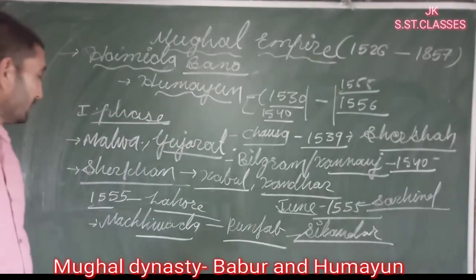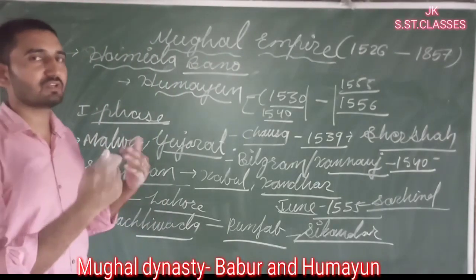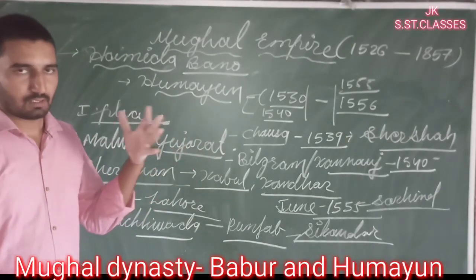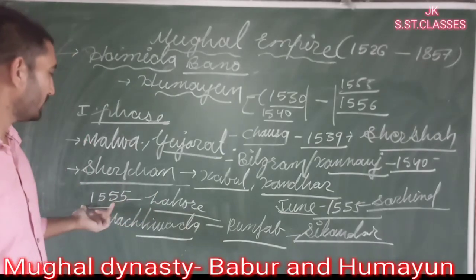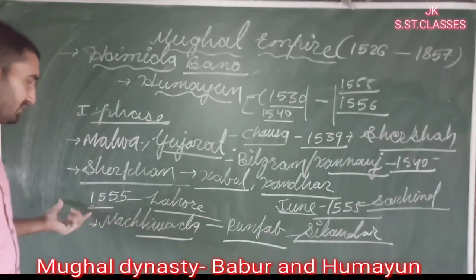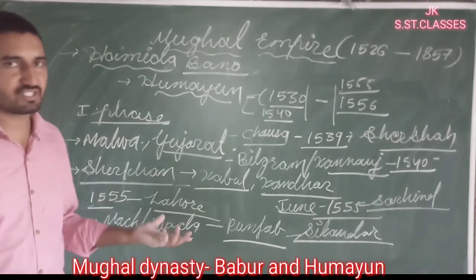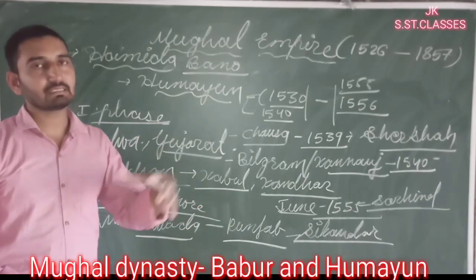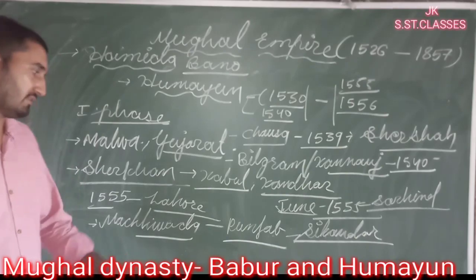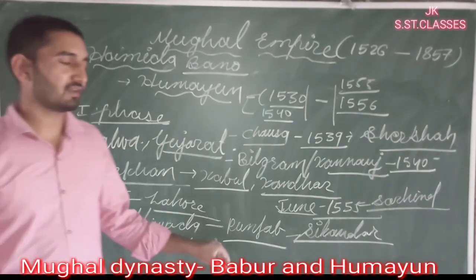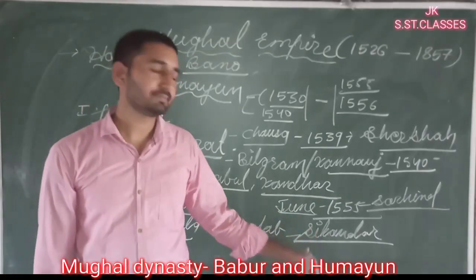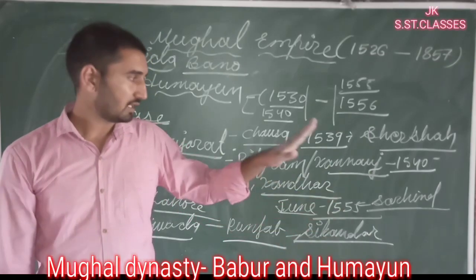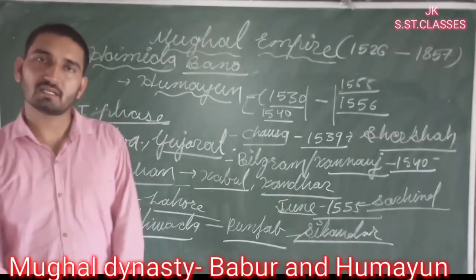So, in the efforts to reoccupy the regions of the previous Mughal empire, first of all he occupied the region of Lahore in 1555. Then in the Battle of Machhiwada, he defeated the Afghans fighting under the leadership of Nishar Khan and Tatar Khan, and in this he occupied the region of Punjab. Then he defeated the Afghans again in June 1555 in the Battle of Sirhind. Afghans were fighting under the leadership of Sikandar Soore.